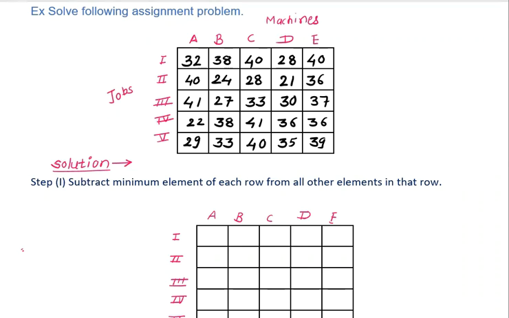What are the numbers in the first row? 32, 38, 40, 28, 40. So the smallest number is 28. Subtract 28 from all the entries in the first row. We get